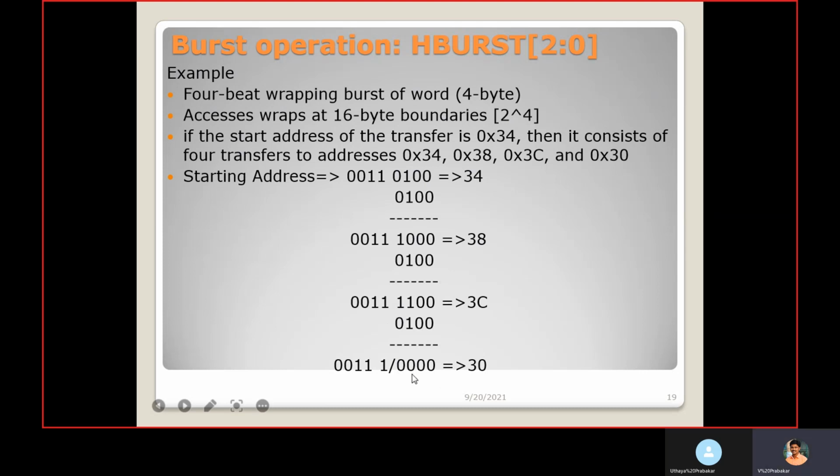It is acceptable only for 2 power 4. So it is acceptable only these 4. So the remainder we are getting is 1, 1, 1, 0. The 1 we should neglect here. If it is increment, we can add this 1 here. But it is at a boundary, it is nothing but a wrap. You should not consider this fifth bit. And the remaining part is 1, 1, 0, 0. So it is 3 and this is 0. The next boundary is 3, 0.